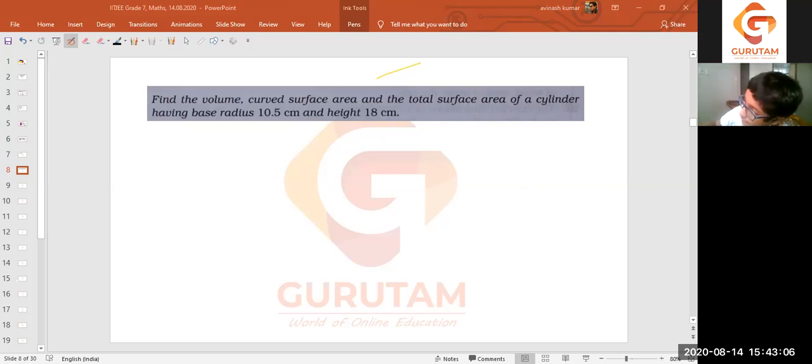First I'll find the area of the base. So pi r square is equal to pi times 10.5 square, which is equal to